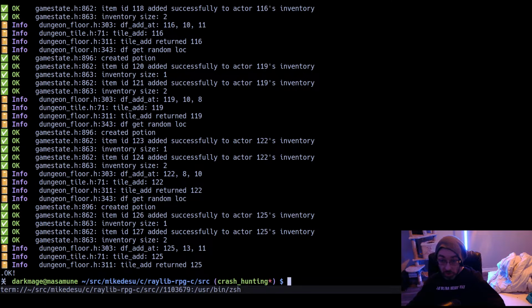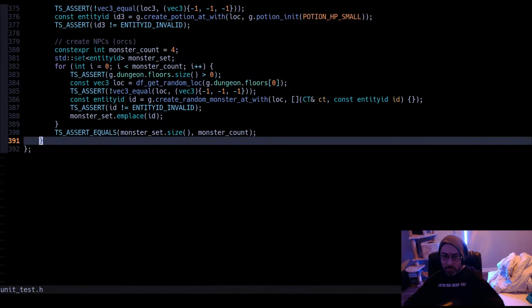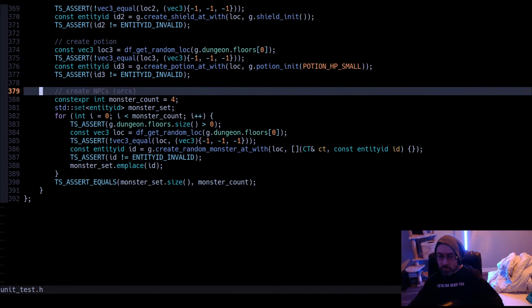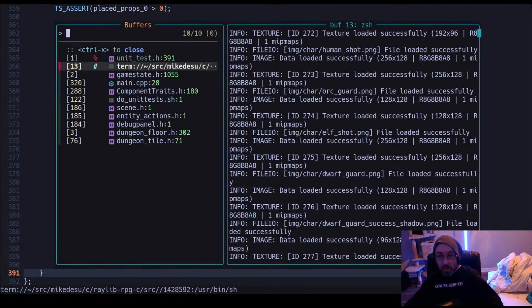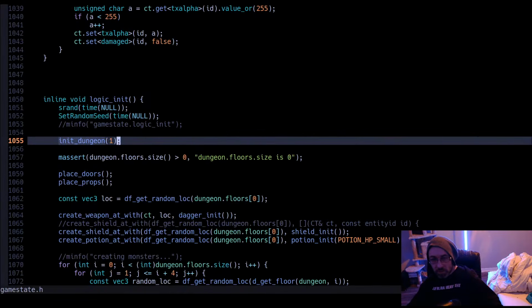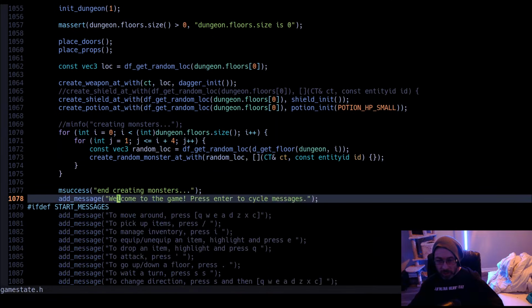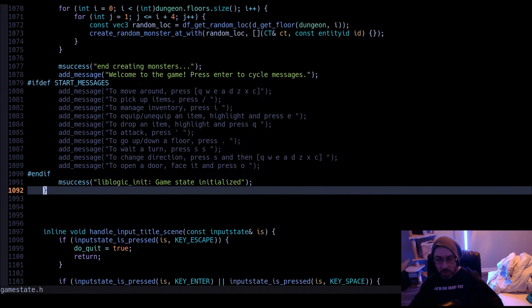There you go. So that effectively emulates logic init, right? That actually does all of this.